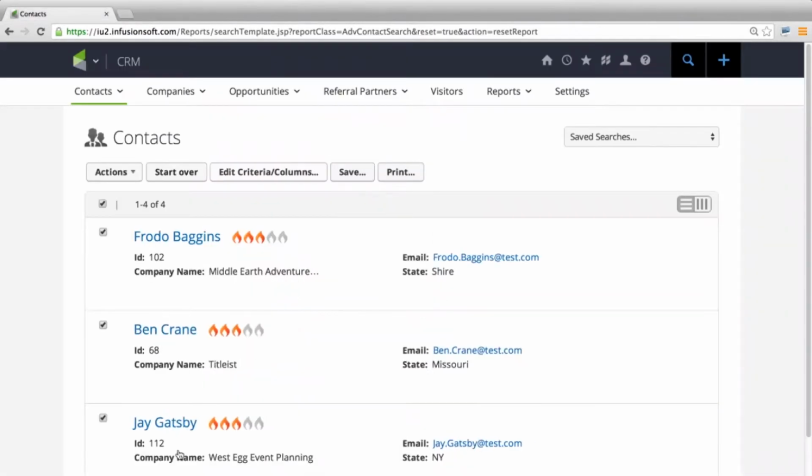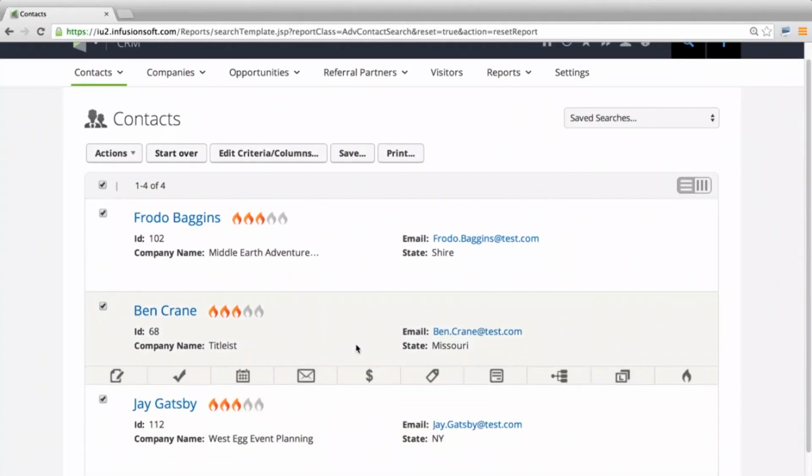This gives you the ability to speak to just a segmented portion of your audience so that you can tell who's ready to buy and really which contacts, based on their actions, might need a little bit more follow-up or a little bit more time. By filtering through your list, you can get a really targeted audience and have a very specific